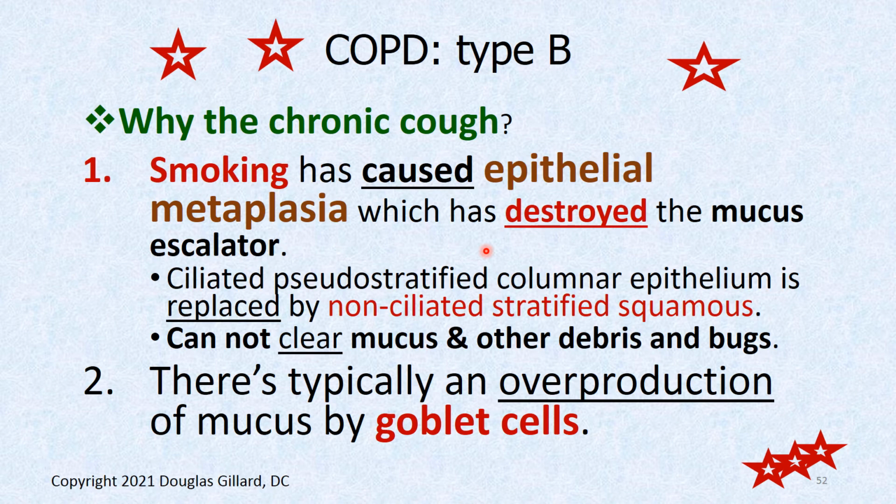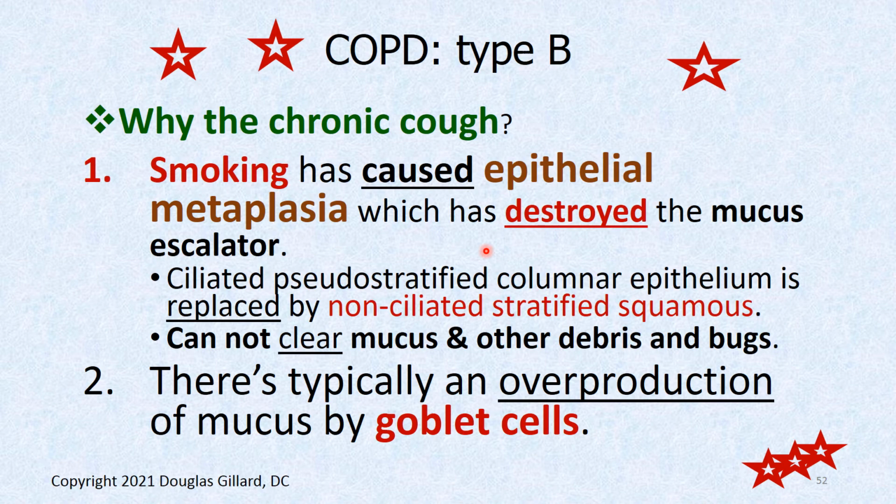Well, first of all, the smoke or pollution or whatever was the cause of the chronic inflammation has also caused epithelial metaplasia in the tracheobronchial tree. And it's basically destroyed the mucus escalator. We've talked about that before. Remember, normally the tracheobronchial tree is lined by ciliated pseudostratified columnar epithelium, and it gets inflamed too easily, and the body says, forget this, we need to stop this inflammation, so it puts in a new type of tissue, non-ciliated stratified squamous, which can tolerate the smoke better, but